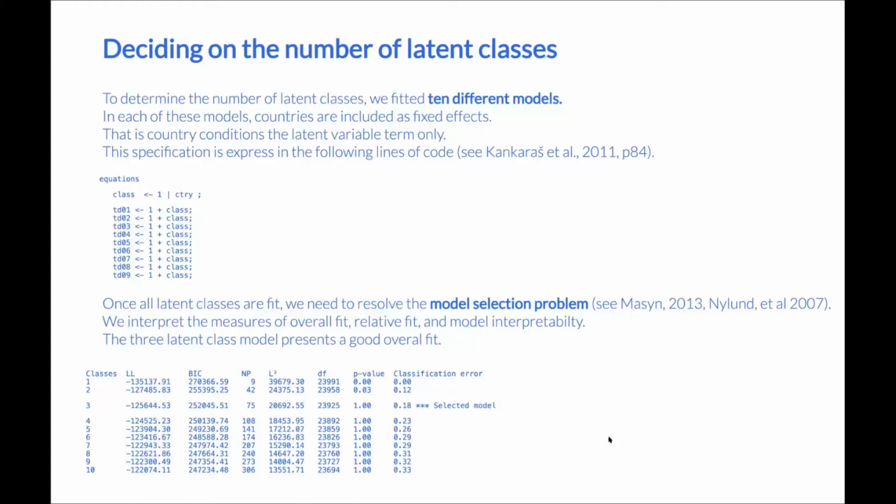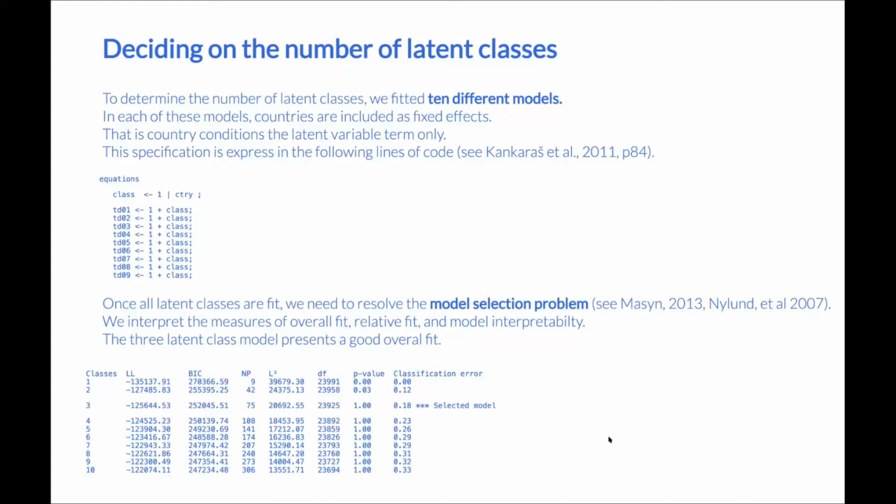One of the main issues with latent class analysis is that you need to build up an argument of why you came to the conclusion that this solution is the best one among any other alternative. And this is the problem of model selection. There are many judgments that you can make, but most of the implementation requires that you fit the alternative models that may compete with the solution that you're choosing. So in our case, we fitted different models from 1 to 10 latent classes,